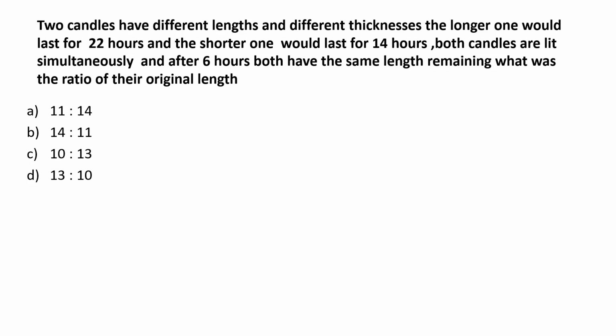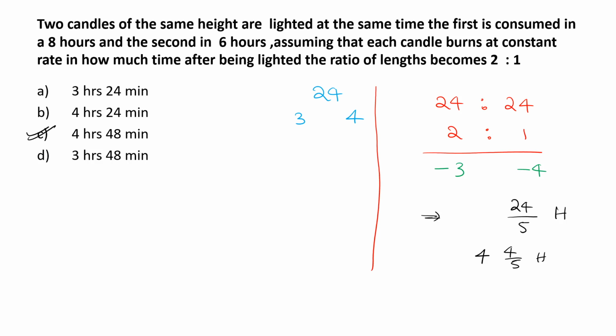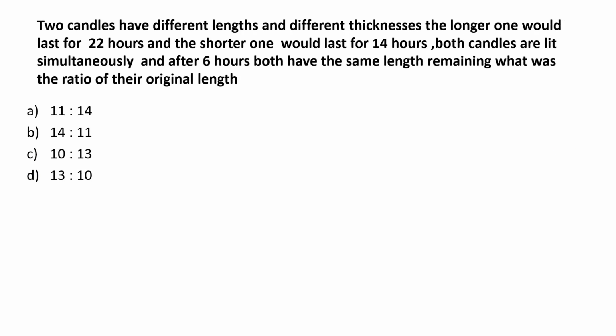In the previous two questions we got two candles of the same height, but here those two candles are not of the same height. Those are having different lengths. So we cannot assume a common multiple here as the length of those two. In the previous two questions, we had the feasibility of assuming a common length for those two, since those two candles were of the same height. But in this question, these two candles are not of the same height.